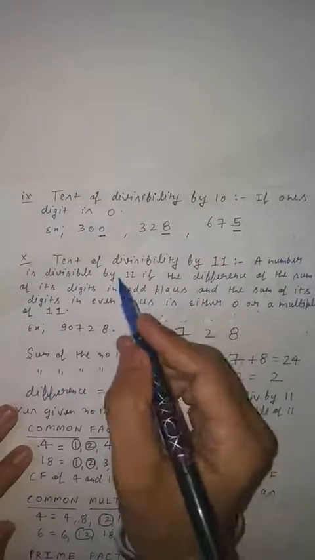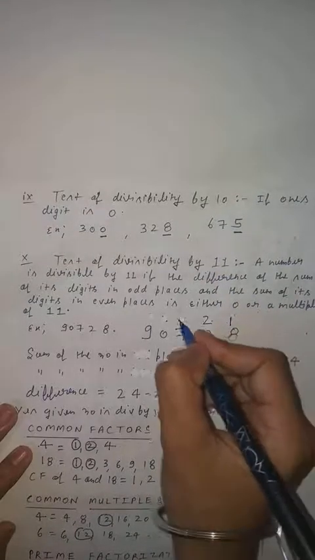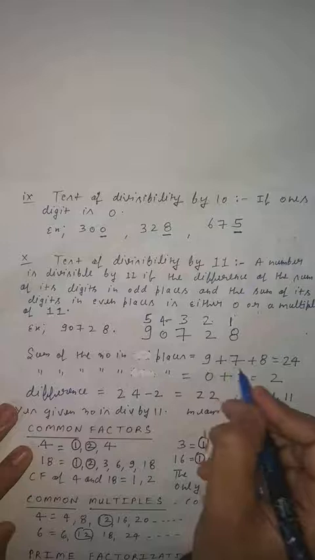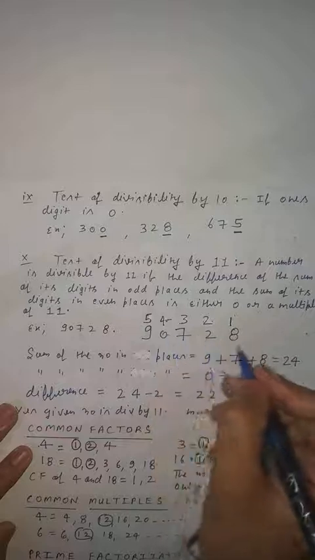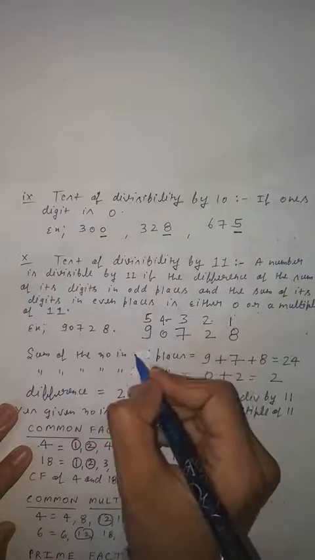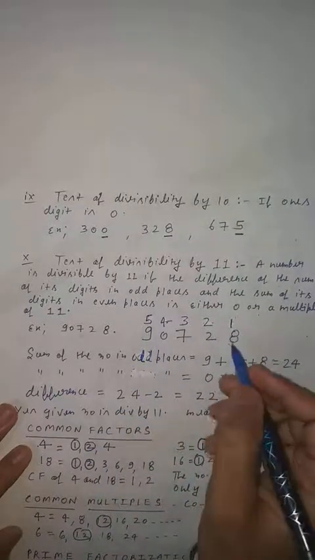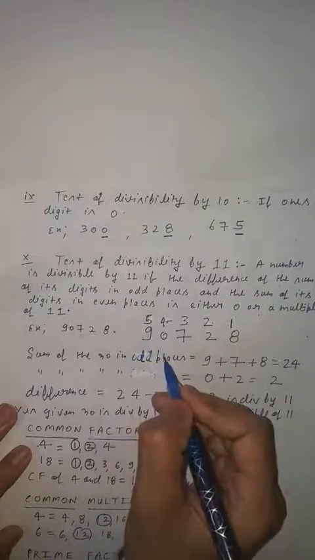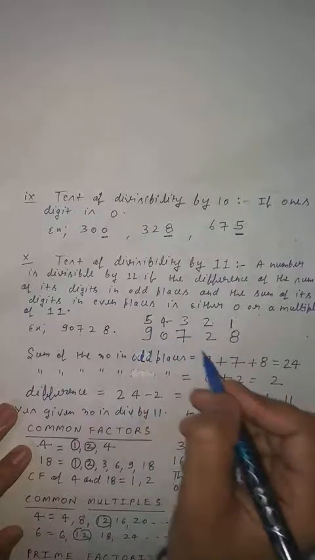Students, here the test of divisibility by 11 also will be corrected. You will start from what? Here the ones place. 1, 2, 3, 4, 5. Now the sum of the numbers here is what? 9, 7. So the sum here you have written for even places. Clear? Because 9, 7, 8 are odd places. Here you will write down the odd places. So correct this. What is the main purpose? Let's say you have to start from the ones place and give the marking from the ones place. So 1, 2, 3, 4, 5. Now odd places you have to check. The first odd place is 8, so put 8 here. The second odd place is 7.